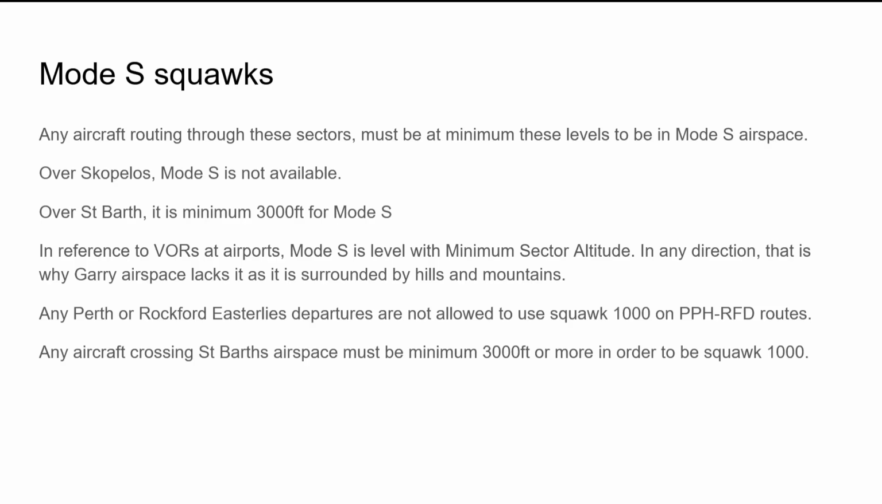Now, first of all, you need to take into account what levels there are to be minimum for Mode S airspace. So any aircraft, for example, Rockford to Tokyo or Perth to Tokyo, over Skopelos, Mode S is not available. So some Perth Rockford routes are not allowed, and over St. Barth it is minimum 3000 for Mode S for Squawk 1000. So you must be minimum 3000 feet filed if you want to fly from Tokyo to Rockford or vice versa